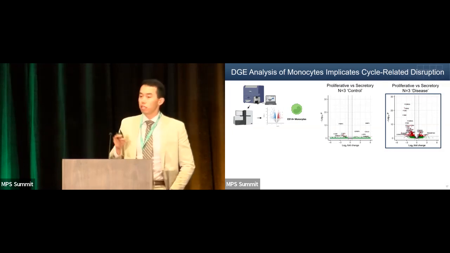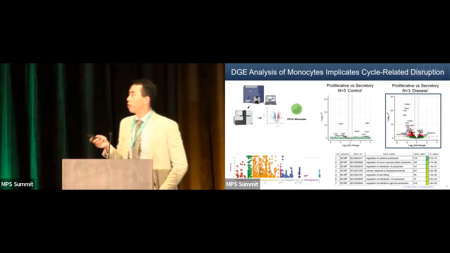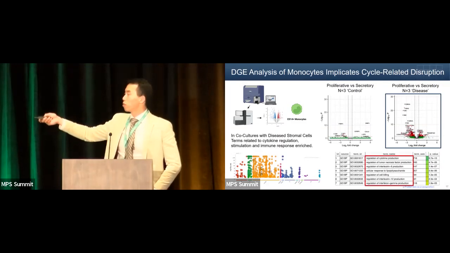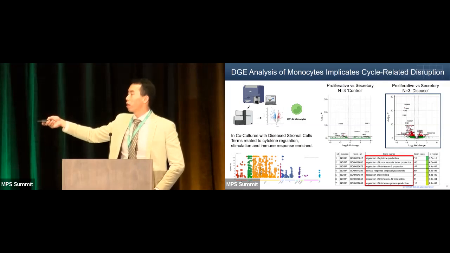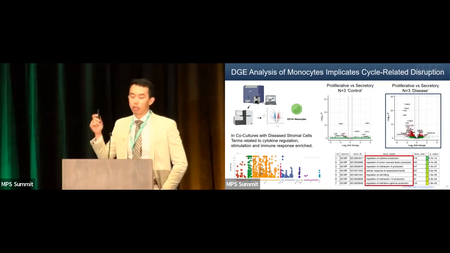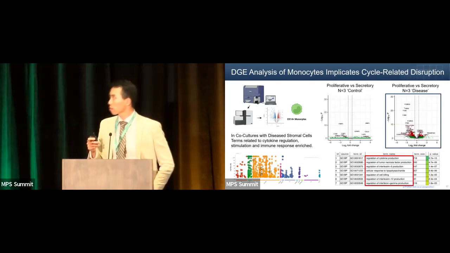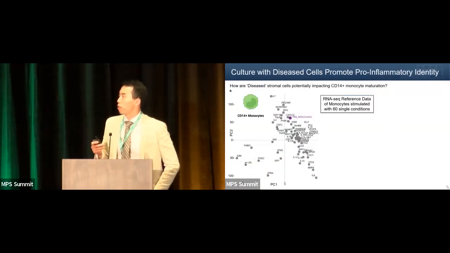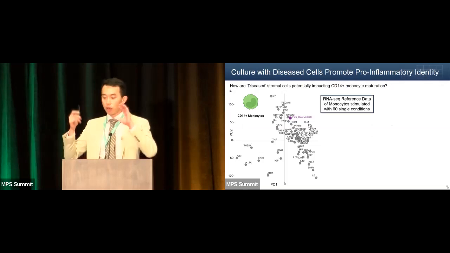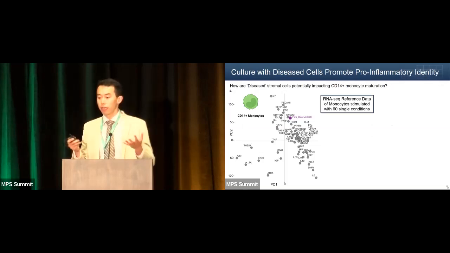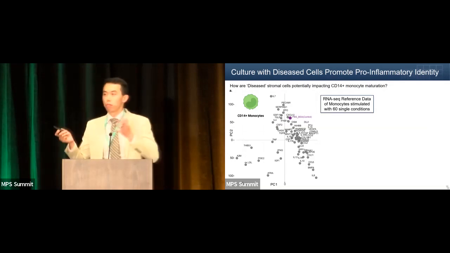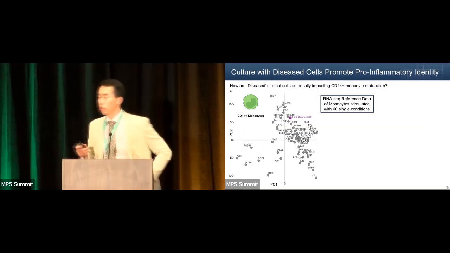And so when you do gene ontology analysis, what you find is that terms related to cytokine production and pro-inflammatory factors such as TNF-alpha or IL-6 are enriched. So that's interesting. But then the question is, because this is a co-culture model, what are the ligands that the stromal cells potentially are secreting that are pushing monocytes to become dysregulated? So we took